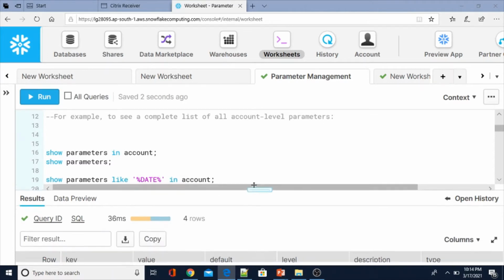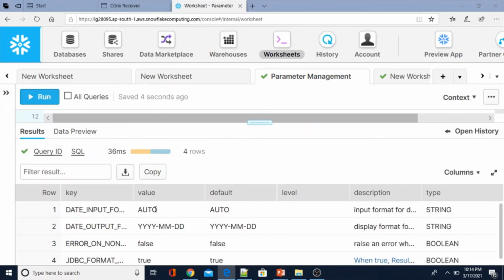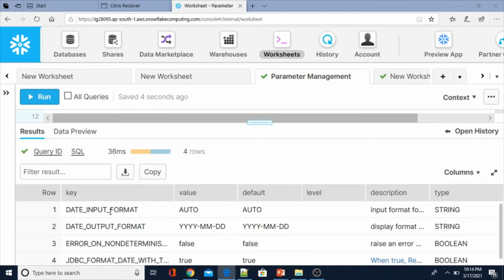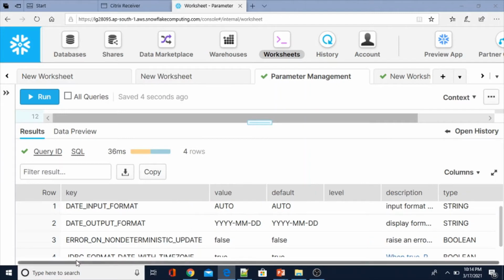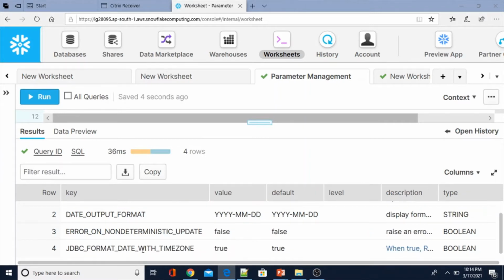See, account level with date, there are four parameters: date input format, date output format, errors non-deterministic, and JDBC format date with time zone. These are the four parameters you can see.